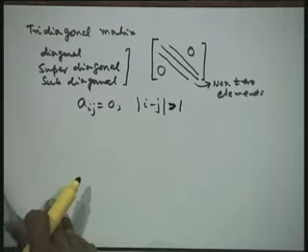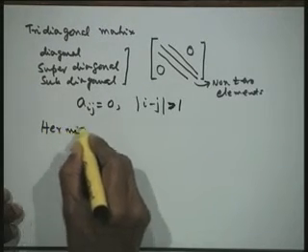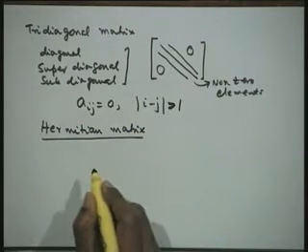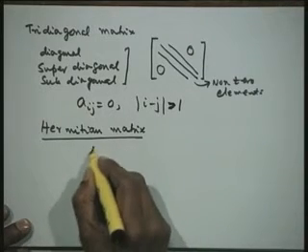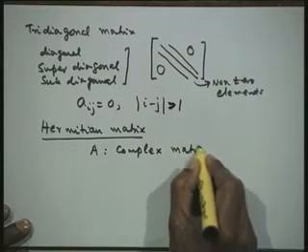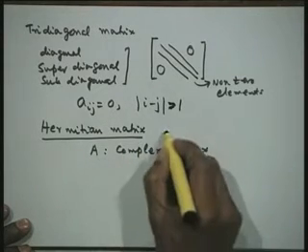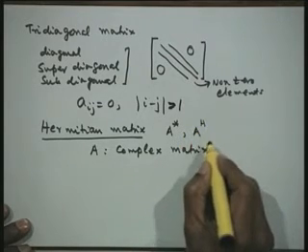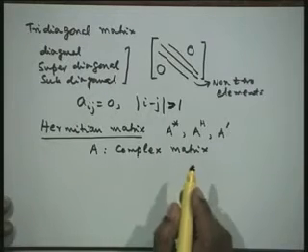Then we also define the Hermitian matrix. Now we are talking of complex matrices, the elements of the matrix are complex. So, A is a complex matrix. The notation for the Hermitian matrix of A varies depending on the books. It is denoted by A star, or some books write it as A H, some books even write it as A with a prime. So all these three are notations for a Hermitian matrix.